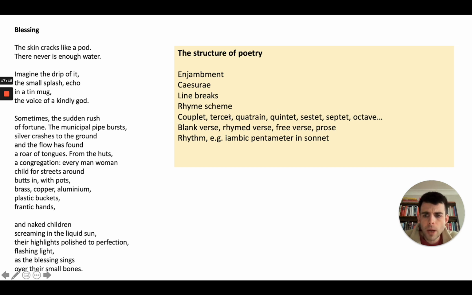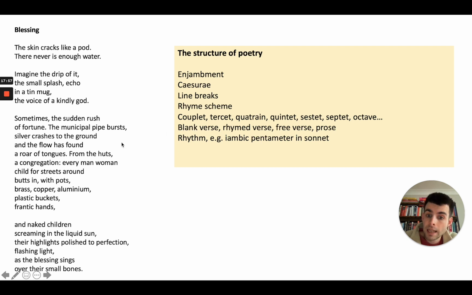These phrases are often used when the lines within the stanzas do rhyme or adhere to some kind of rhyme scheme. But you can use them generally as well. So couplet, 2 lines in a stanza; tercet, 3 lines in a stanza; quatrain, 4; quintet, 5, and so on. I suppose you could call the second stanza a quatrain. But we tend to use those when we're talking about something within a regular rhyme scheme, like in a sonnet. Is it blank verse, rhymed verse?